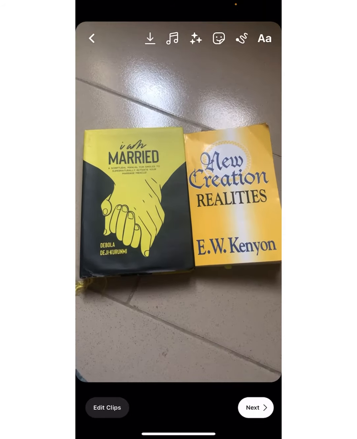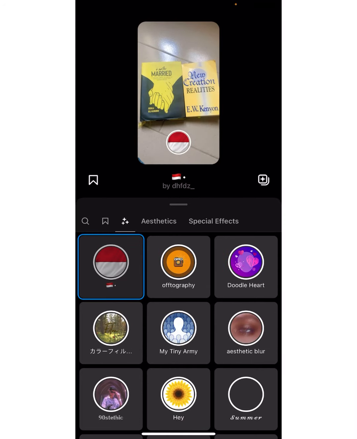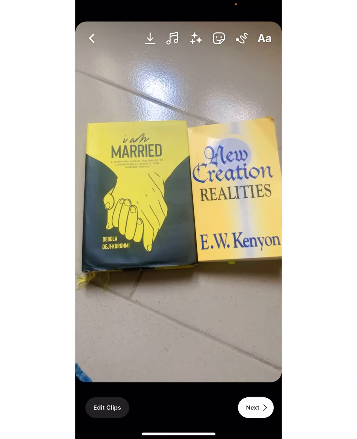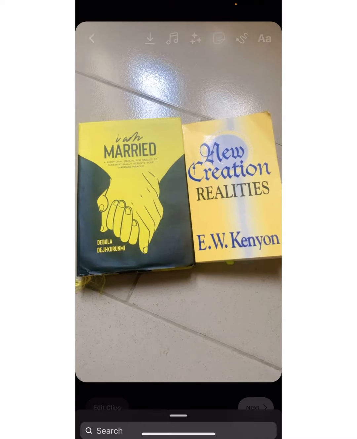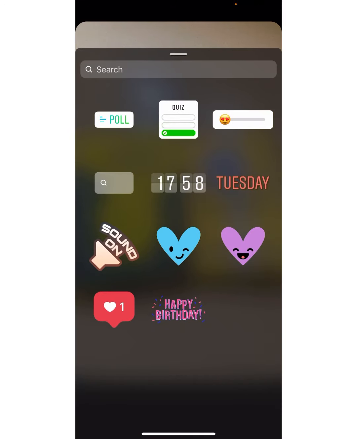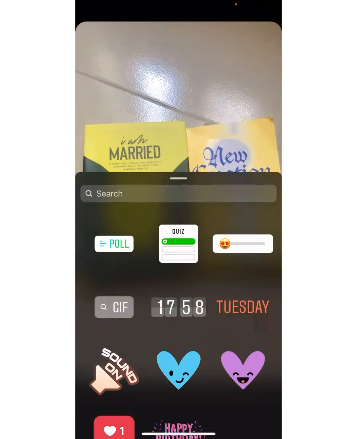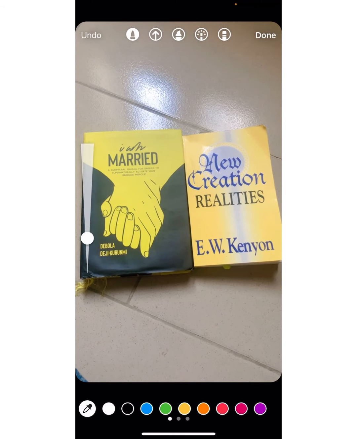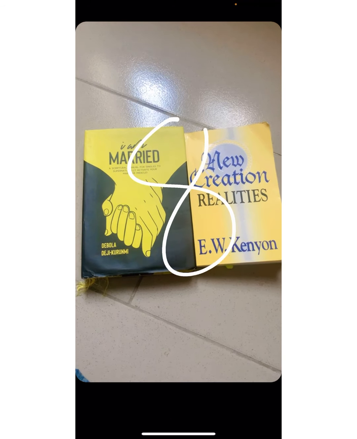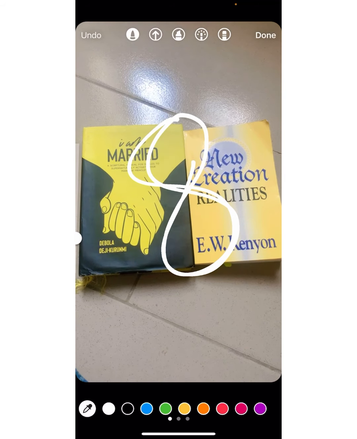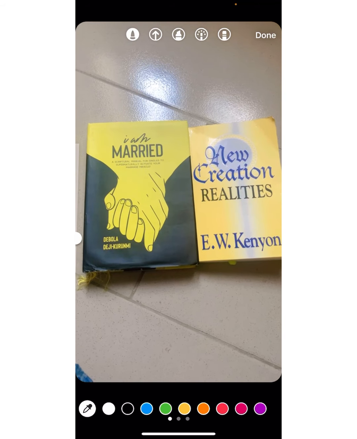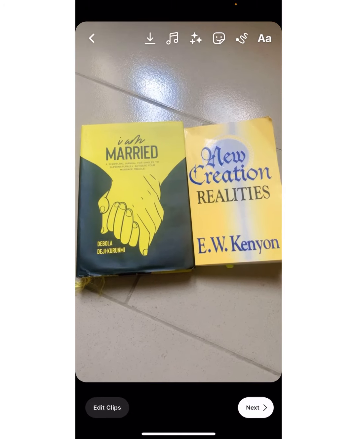The next is filter. I talked about filters earlier, so here you can also select filters. The next is GIFs. You can include some of these GIFs, icons, or whatever you want to add to your reel. You can search for other things too, right? You can also write this. You can also do this, undo. Then when you're done, this